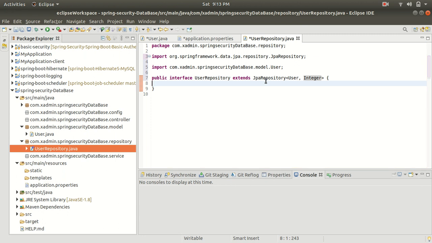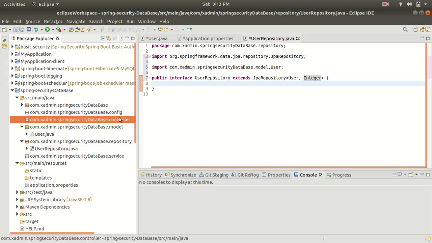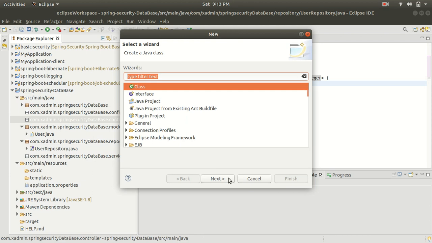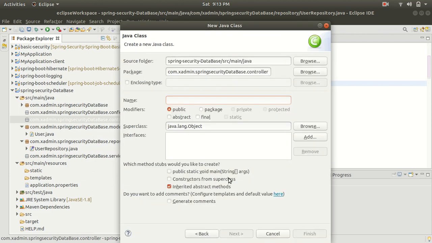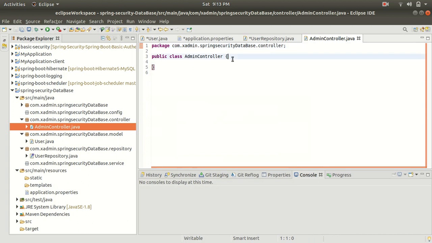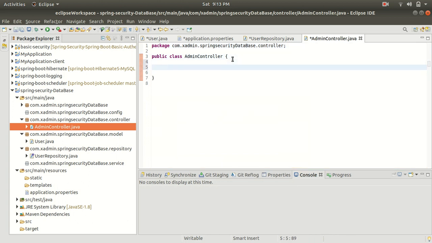So now guys, I'm going to create a controller for the REST endpoints. So let's go to the controller package and here create a class. So let's create an admin controller with the name admin controller, and guys, inside this controller I am going to write an endpoint which is going to add the user data in the database. All right, and guys, here I will not use any Spring Security to add any user data to the database. We will directly add the user data to the database.